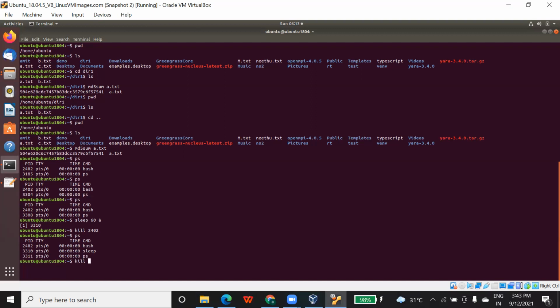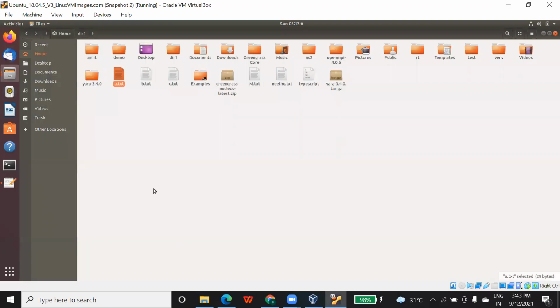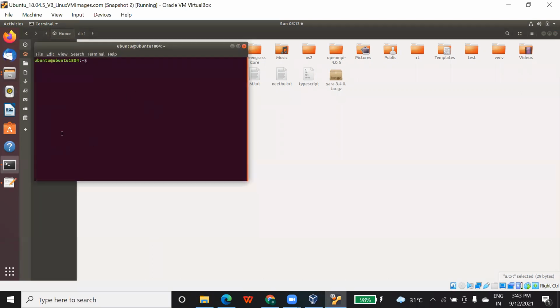You can type it like this also: kill -9 2402. So that process will be killed, and you can just open the terminal again. See, when I killed 2402, it killed the bash command. Bash command means this Ubuntu terminal that was currently running. If you are not clear, then just go back in this video and look at how this kill command killed the 2402 process, right?